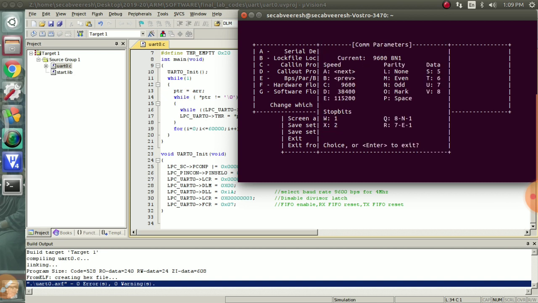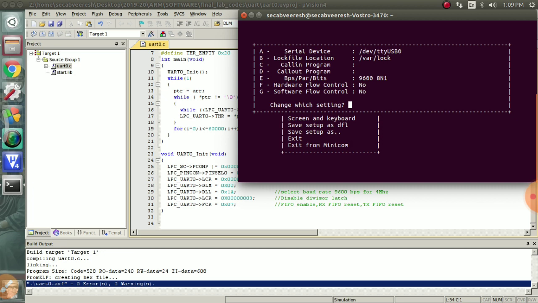Minicom is basically used for transmitting the hex file from the computer to the device through USB, which is what we are communicating over here.